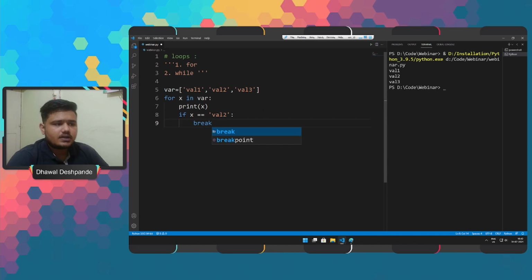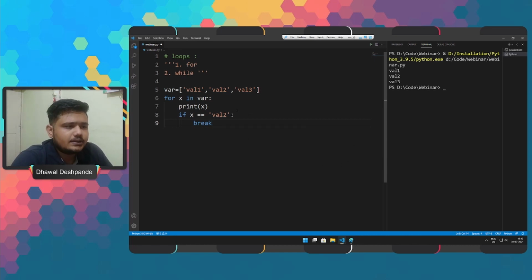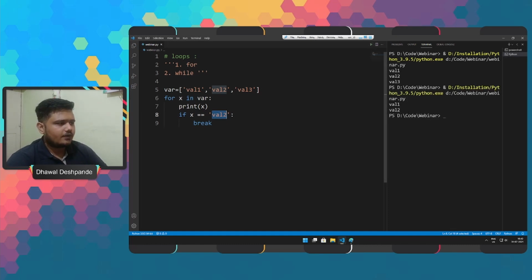When we run this, the flow of the loop will be stopped once we reach the item with value 2. If we run it, we will get only two variables. The third variable won't be read. Why? Because here we are breaking the flow of the loop, correct?